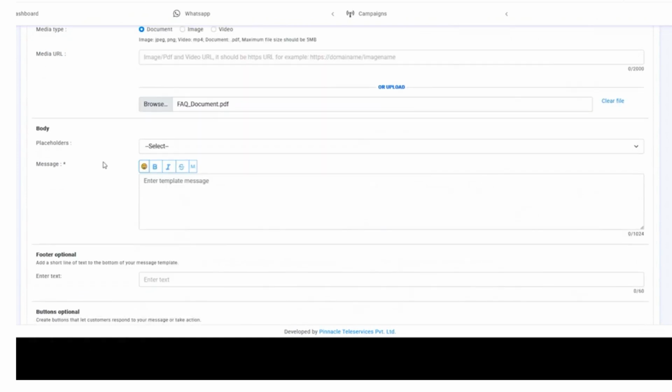Next, there is a template body section. In the template body section, you can add emojis and you can format your text template as per the given options. Consider I am writing the following example for you. Dear customer,